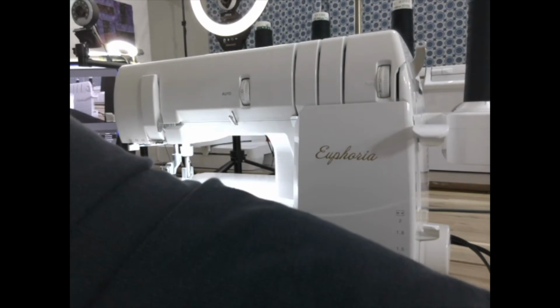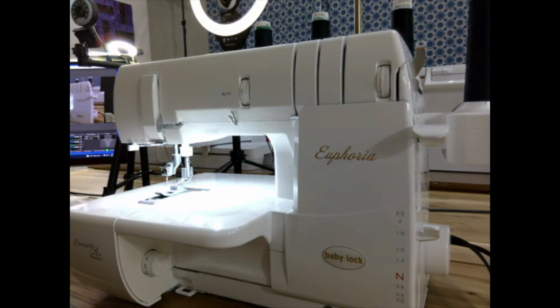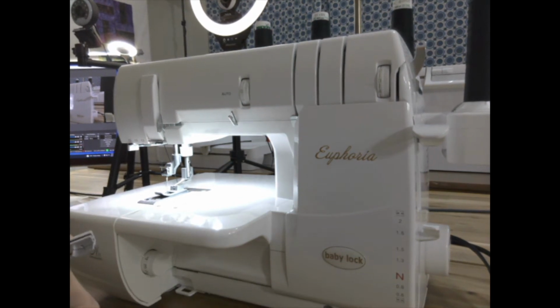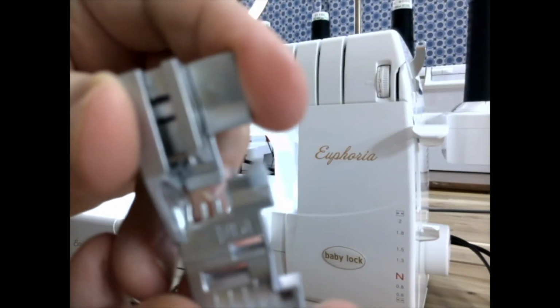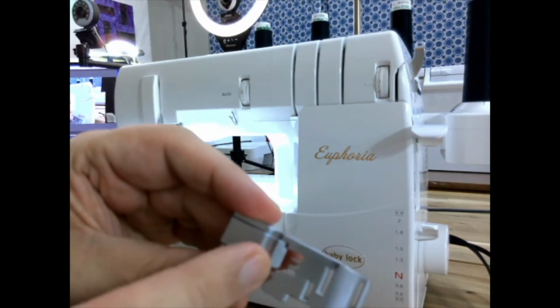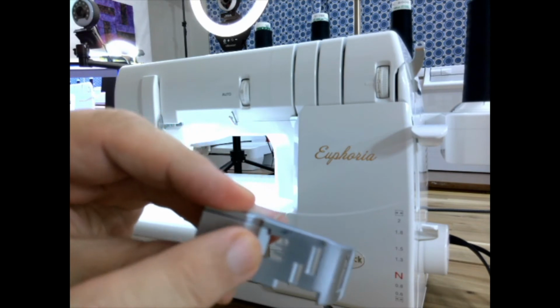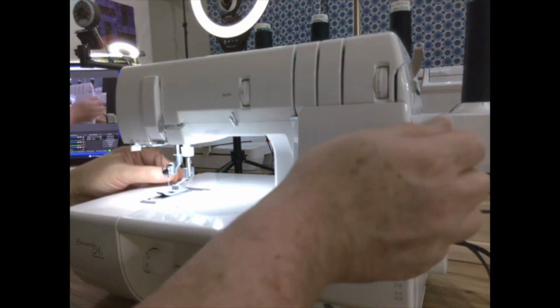Next, I'm going to put on an actual gathering foot. The number on it is BLG, for gathering. And if you look on the back of it, it has this little ridge, and that will move back and forth as the machine feeds. So the only thing,